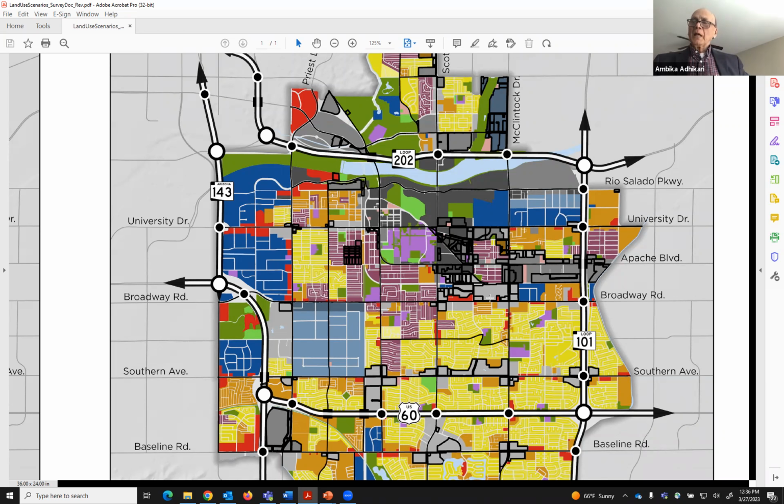So all of them will align, but if it is a little more dense, then we can also do a combination of all these three different scenarios. If it is like scenario 2 and 3, that's even better, because they're more compact, and the closer the residential areas are to the amenities, the easier it is to make it a 20-minute city. Jacob, anything you would like to add between the three?